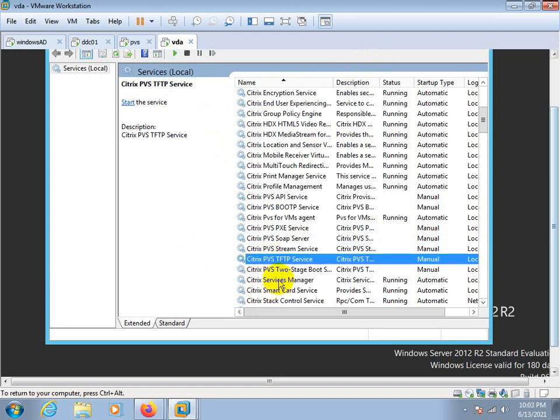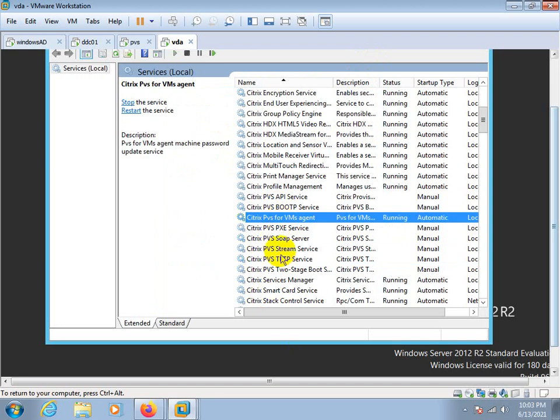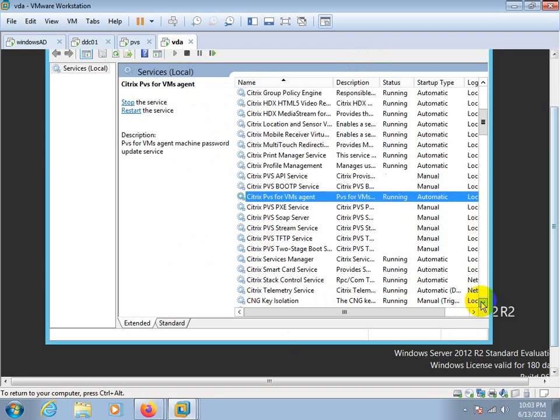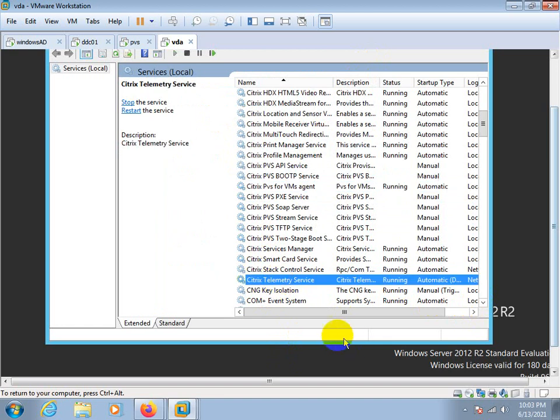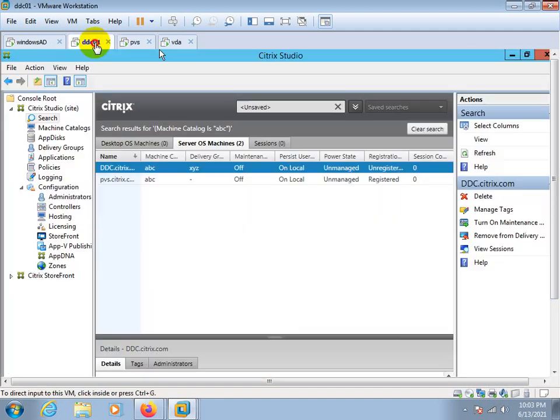One more service is TFTP, BOOTP, PVS VM agent, and the next one is the telemetry service. These are the main services.